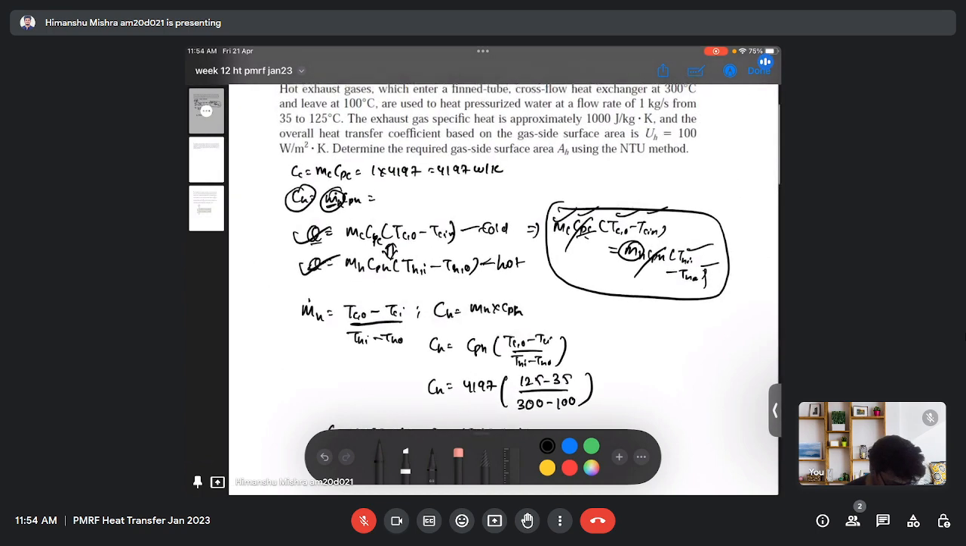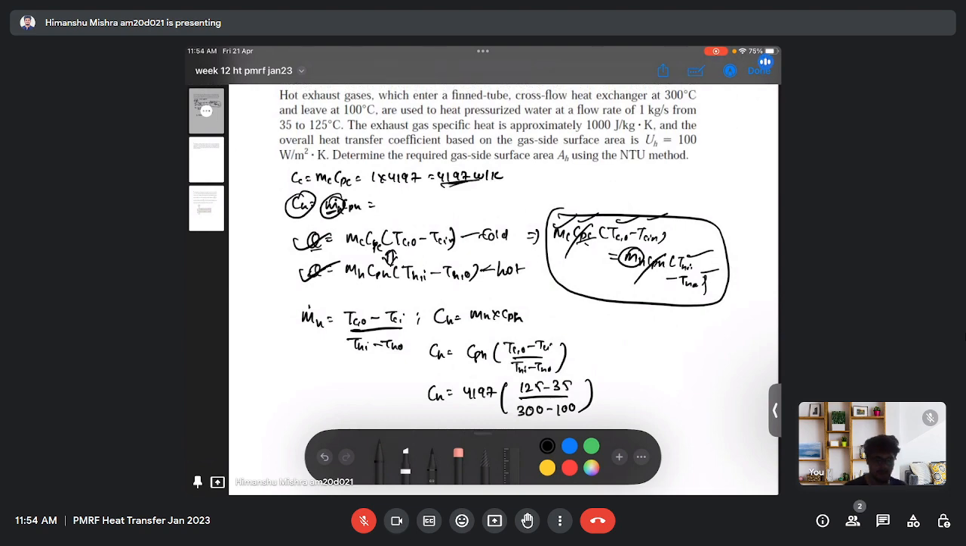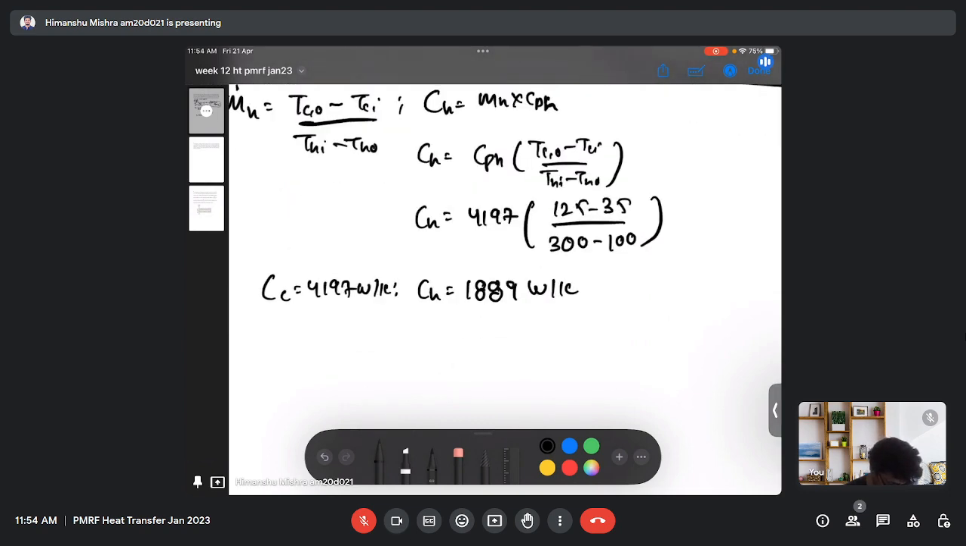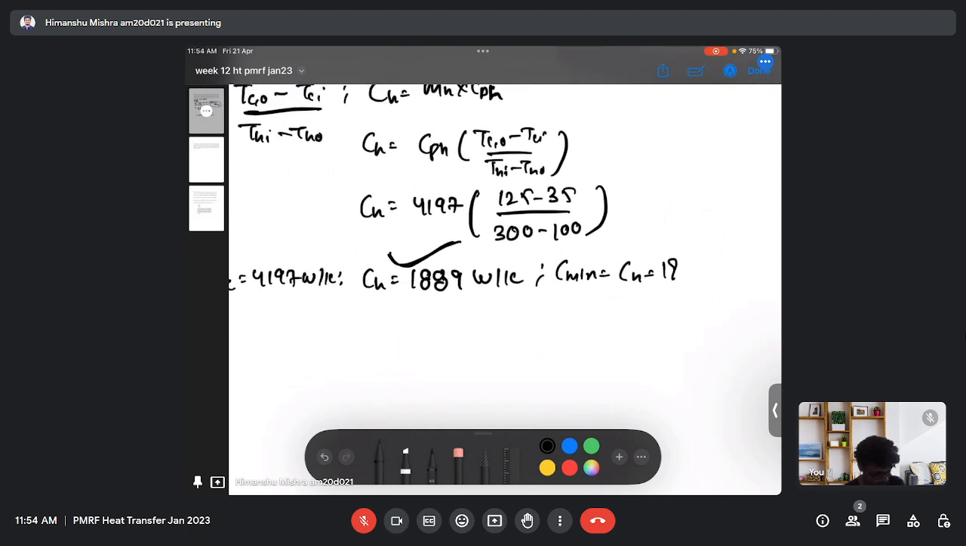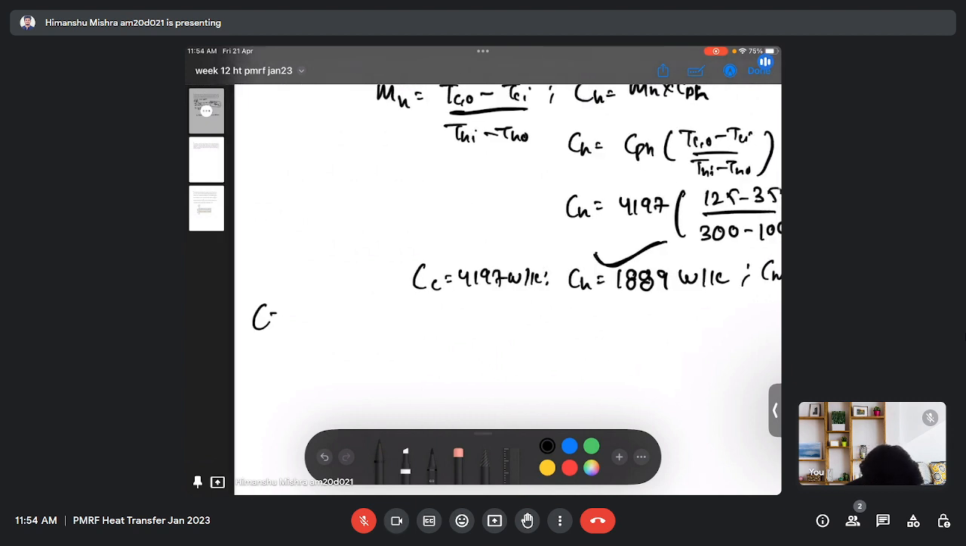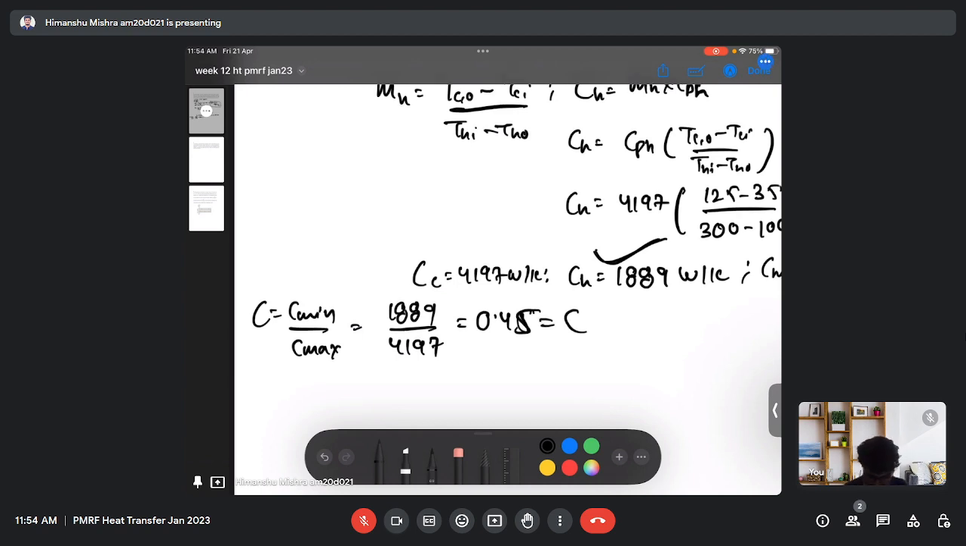You calculate the heat capacity for the cold fluid, which is 4197. Among these, the minimum is this heat capacity. So my heat capacity ratio is minimum by maximum, which is 1889 over 4197, which is 0.45. So this is my heat capacity ratio. And the effectiveness,